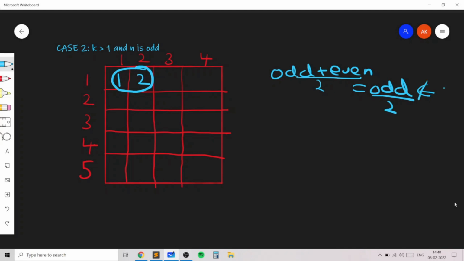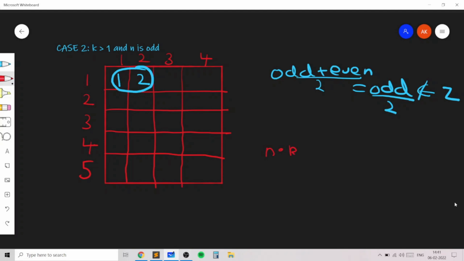And hence we cannot place two odd numbers, and we cannot place one odd number and one even number together. However, when n is odd, it is actually not possible to ensure that no odd number and no even number are together. And the reason behind that is because if you consider the total number of elements that's given by